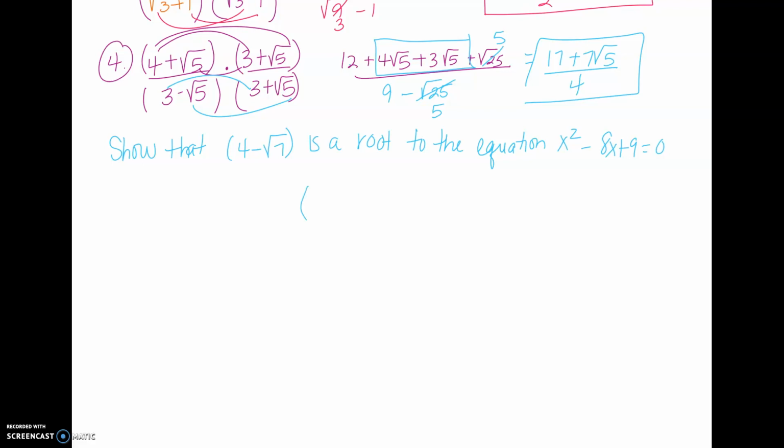So for the x, I'm sticking in 4 minus the square root of 7, and I'm squaring it, times 8, 4 minus square root of 7. So wherever there's an x, I'm sticking that in. When you solve this, you should end up getting 32 minus 32 equals 0, and that is true. If you have problems